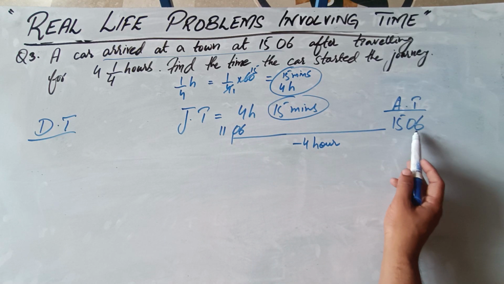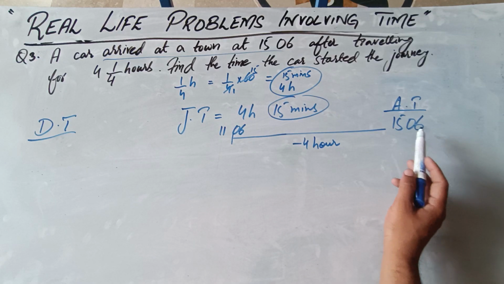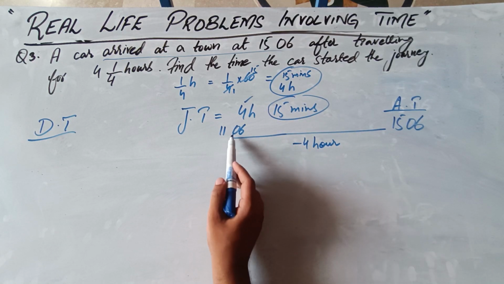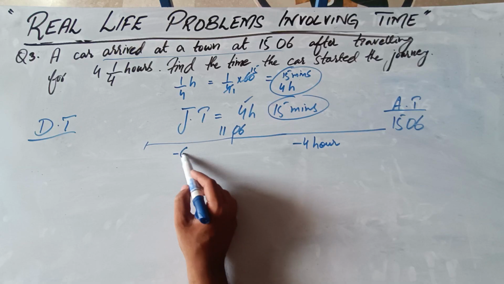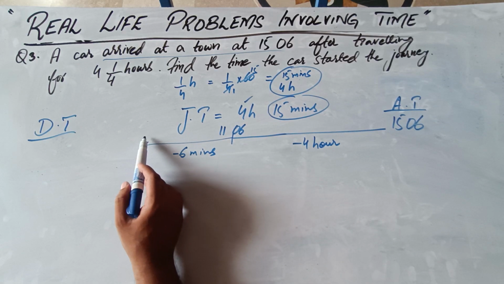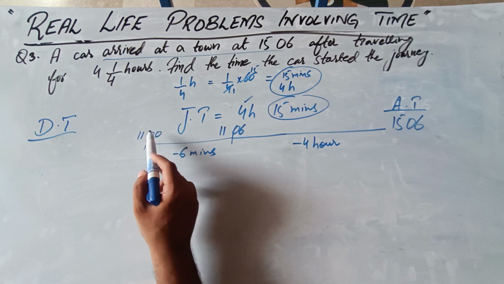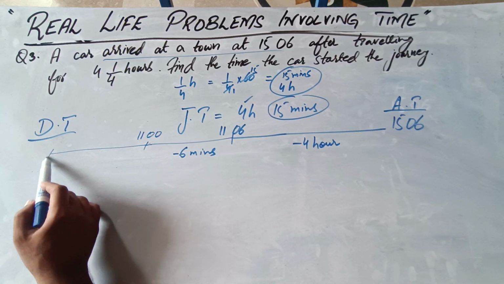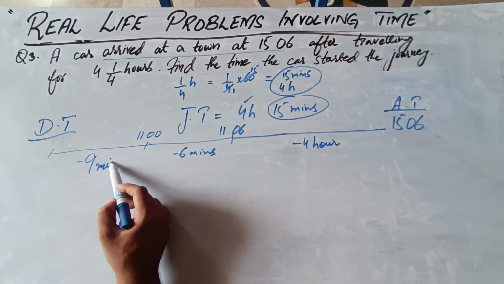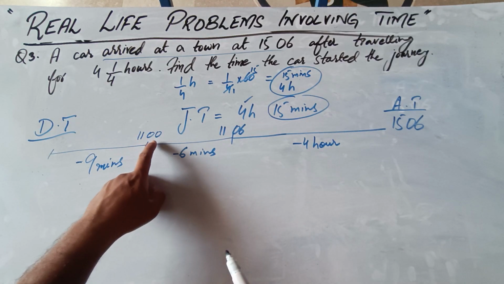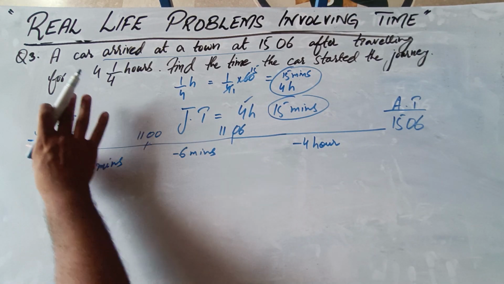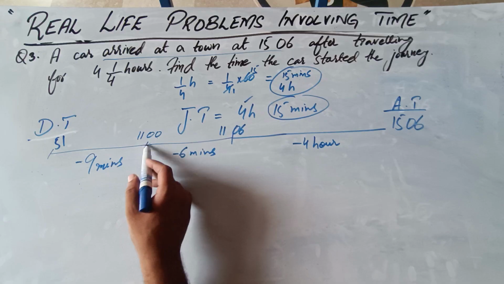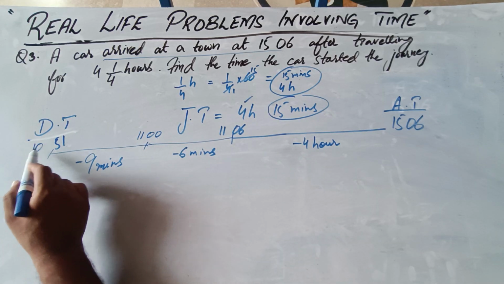Keep this in your mind that we have not disturbed the minutes yet. So it means we have consumed all the hours. Now we need to subtract minutes. So if we subtract 6 minutes, we would be at 11:00. Now 6 minutes have been subtracted from 15, which means 9 minutes are left. Now we will subtract 9 minutes as well. So after subtracting 9 minutes from 11:00, we would be at 51, and the hour would be 10:51.